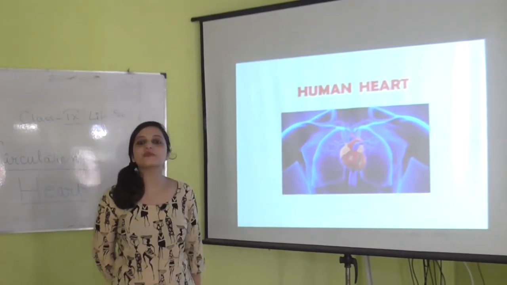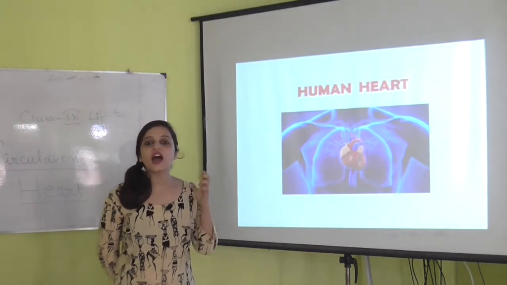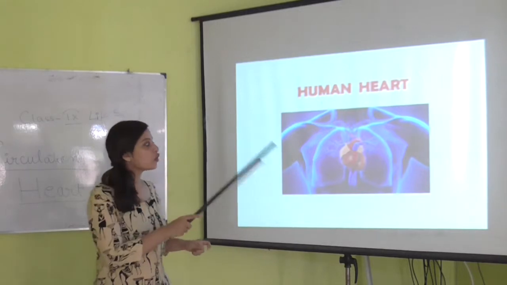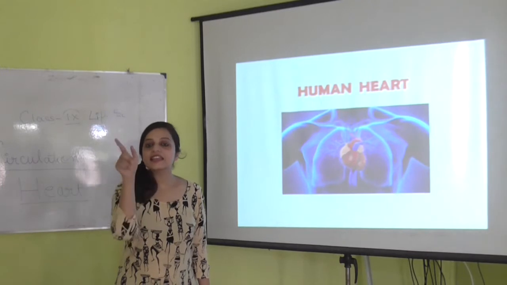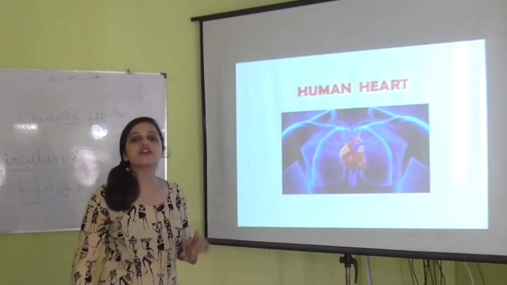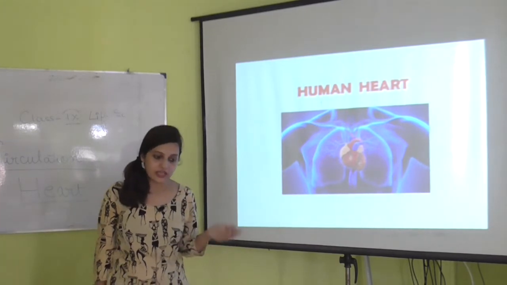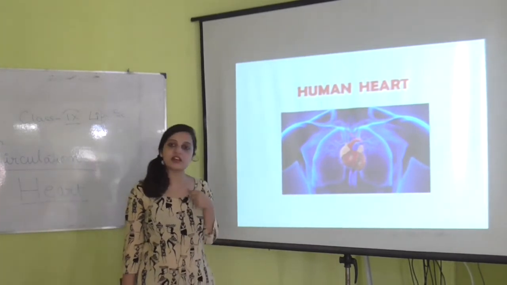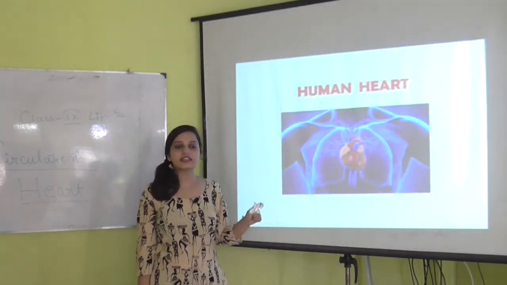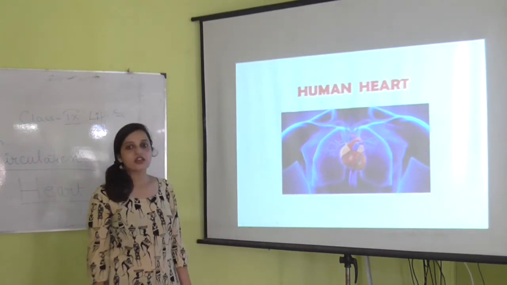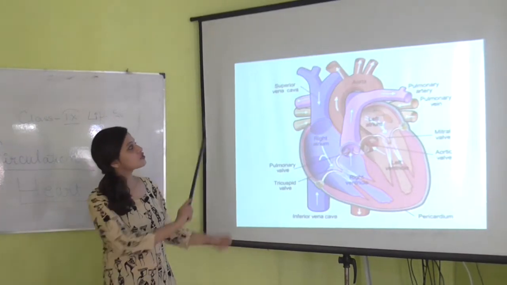So the first thing that comes to mind about a human heart is that it is a 4-chambered heart. It has a total of 1, 2, 3, 4 chambers, okay, and it is conical in shape. So we are going to study the structure as well as the function, how the heart works and how the heart pumps the blood and takes it to the lungs. Everything we are going to study in this class. So the next part will be the structure of the heart.